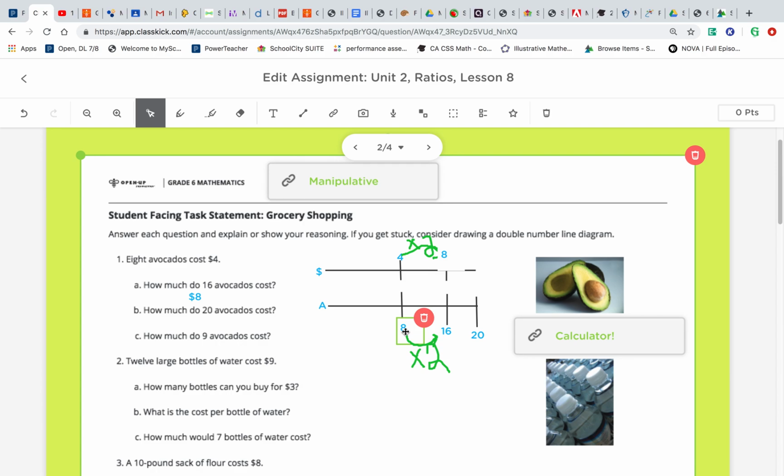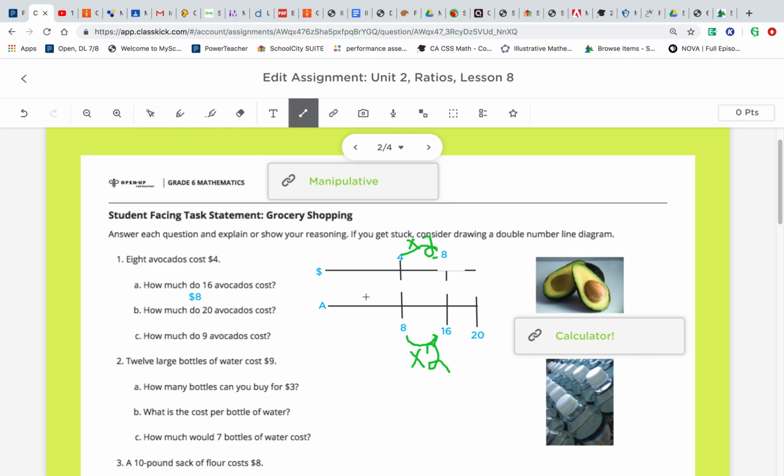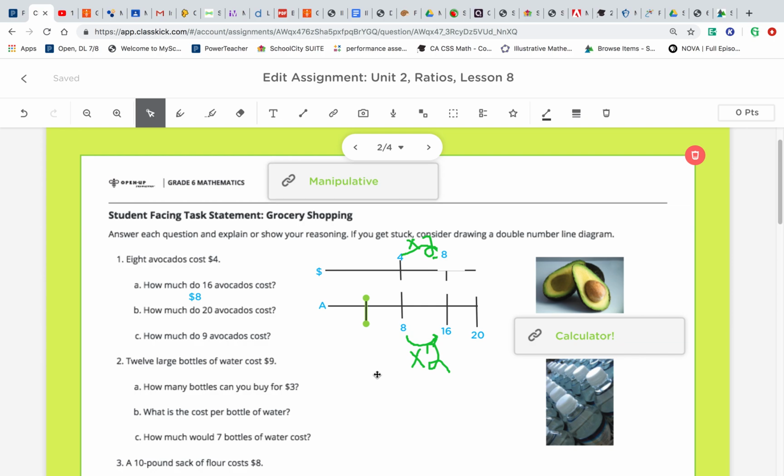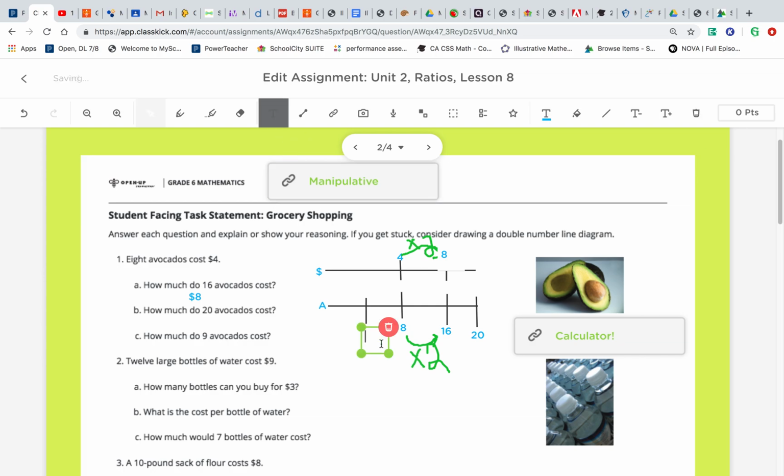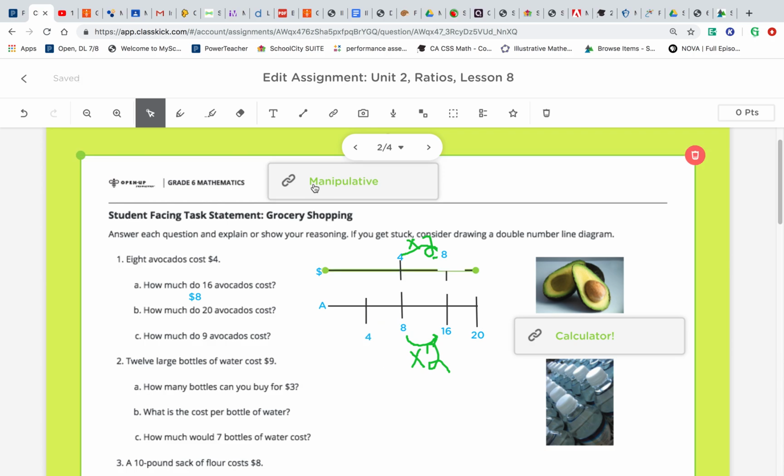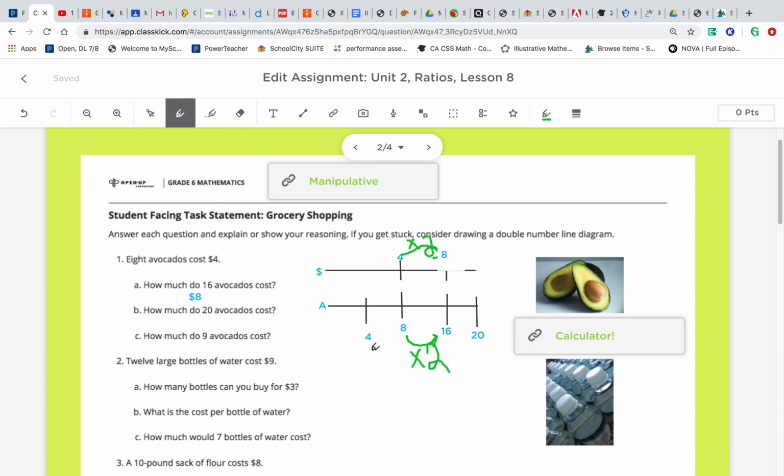So if we take 8 and if we find half of that, that's going to give us 4. And then 4 is helpful because it's going to be easy to multiply by a number to get from 4 to 20. So we can just go ahead and label this 4 for the time being. And then now we can look and see about making this jump here from 4 all the way to 20. That's going to be times